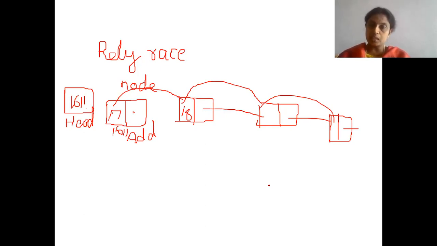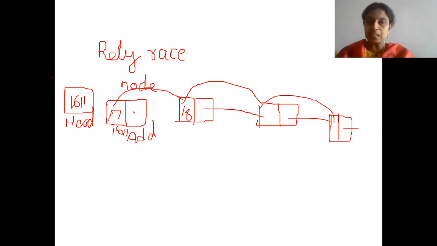It's like your train engine. From the beginning, the first engine will be there. At the end of the engine only, the first compartment will start. At the end of the first compartment only, the second compartment will start. So who's the first thing? Engine. So here the engine will be head. Engine's work is to pull only the first bogie of the train. Who will pull the second bogie? The first bogie will pull the second bogie. Who will pull the third compartment? The second compartment will pull the third compartment. Able to understand? So this is the concept behind linked list.